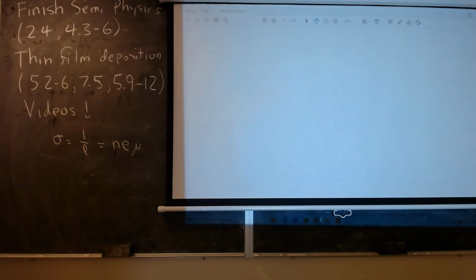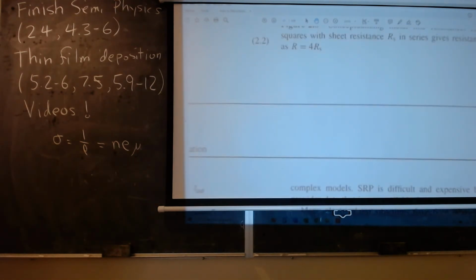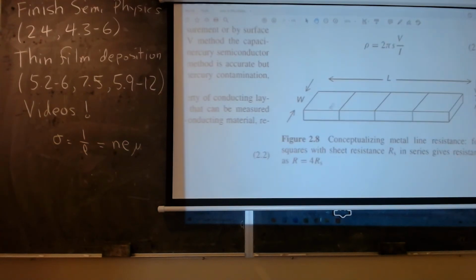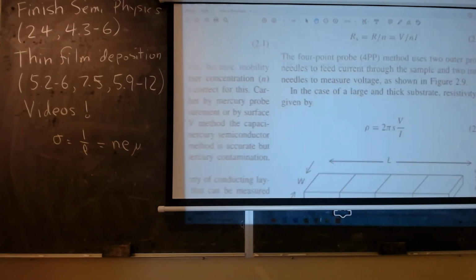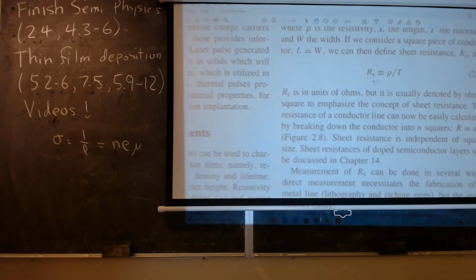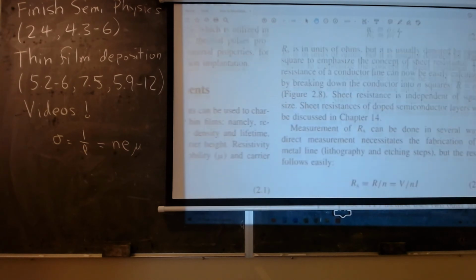And so if you have an actual piece of semiconductor with a width and a length and a thickness T, the resistance is given by that formula. And he introduces the concept of something called the sheet resistance, which works out to the resistivity divided by the thickness. And the reason for all this is